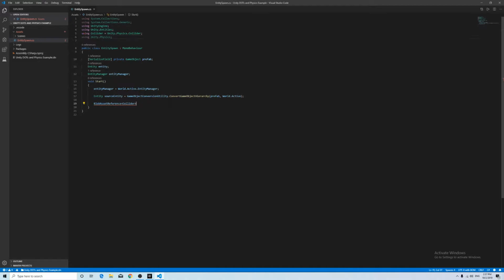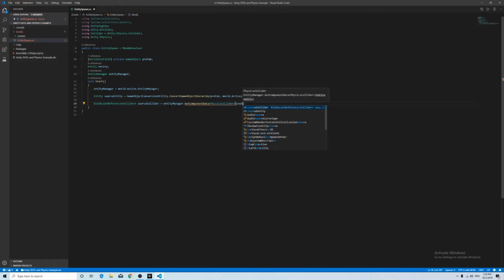Okay, and now we're going to name this source collider, which is equal to em.GetComponentData PhysicsCollider, and then we're going to pass the source entity so that we can get a blob asset reference of the source entity, and we want the value of this. And so now we're going to have all the information we need about our physics collider in this variable,